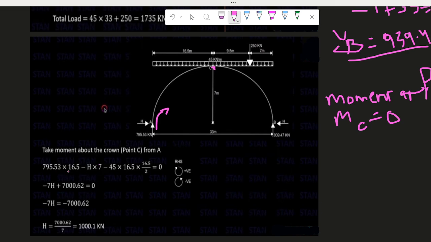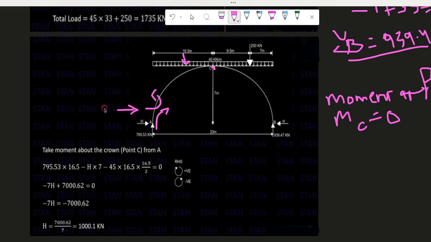The horizontal reaction into distance 7 meters is anti-clockwise, so it is taken as negative. And the 45 kilonewton UDL acting over this half span into 16.5,